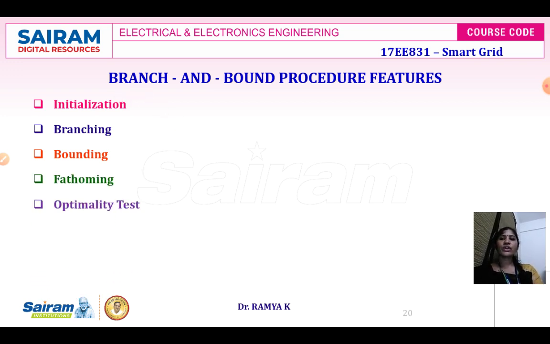And the last one is going to be your optimality test. It is an iterative procedure which stops when no sub problems remain. So when all the sub problems have been resolved, then this optimality test will automatically stop. At this stage, the current incumbent for p is going to be the optimal solution. And these are the key features of integer programming.